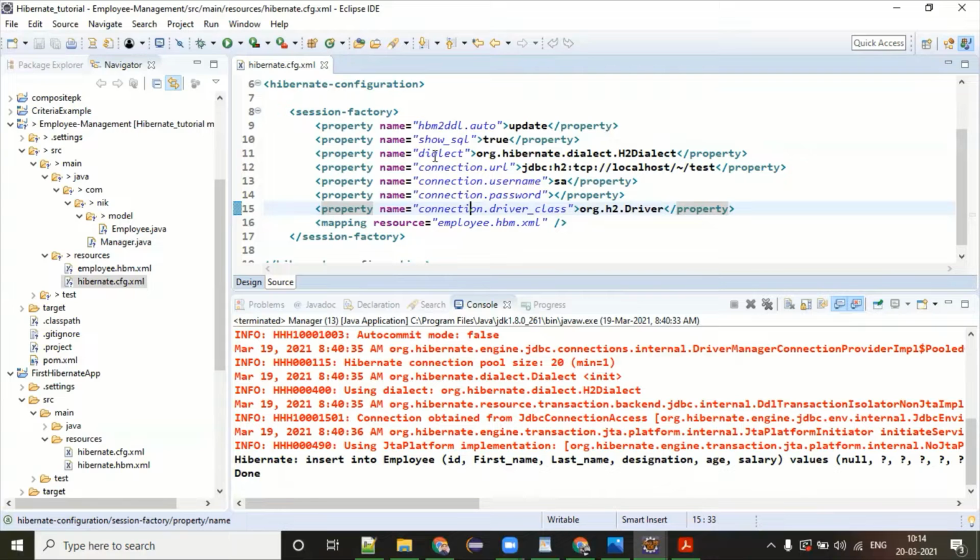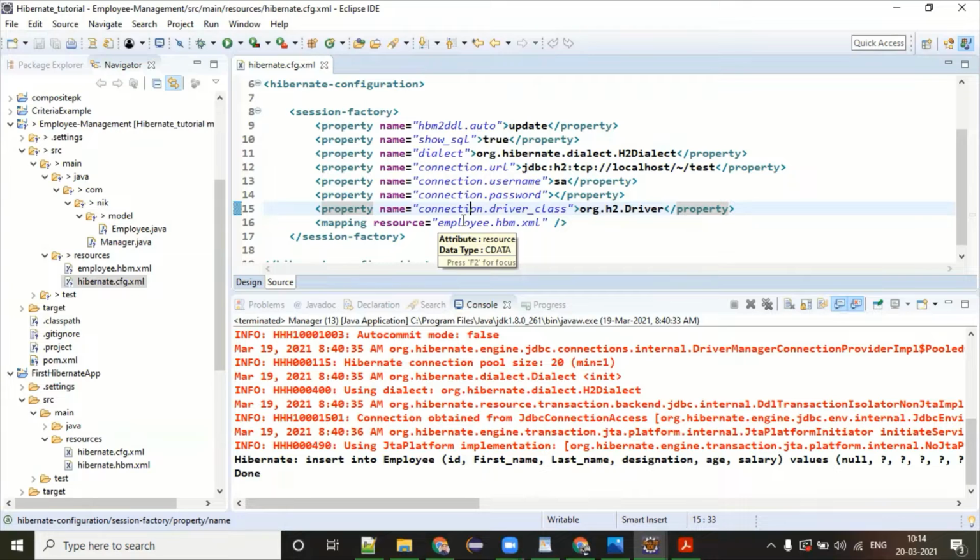So if I convert this whole project into Spring Boot, then probably I don't need this XML file. But I'm showing you how a typical Hibernate application looks, because Hibernate does not have its own mechanism for accessing properties files. With Spring Boot, we only have to give it a properties file. Yes, the same information you have to provide there, but not in an XML file, actually in the properties file.